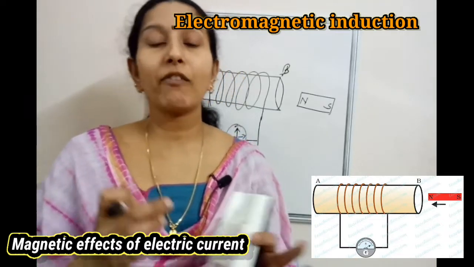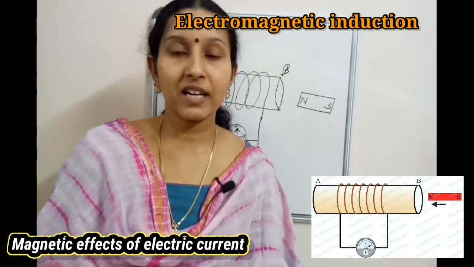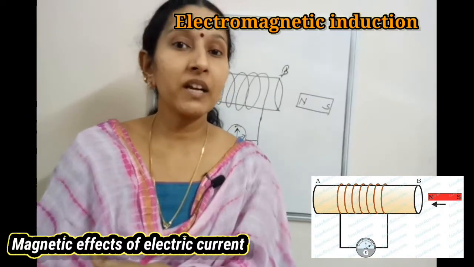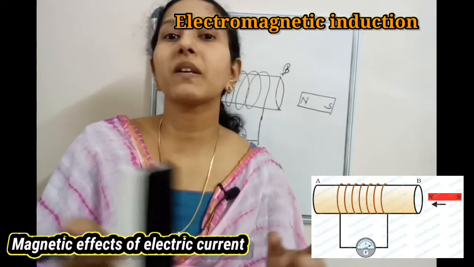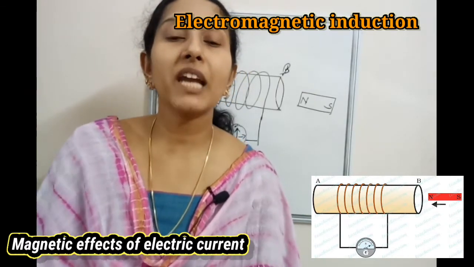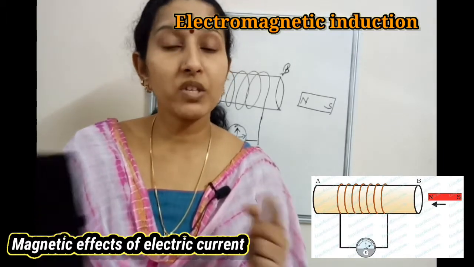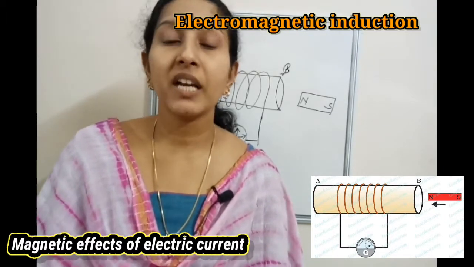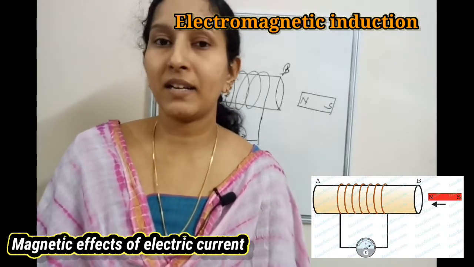So I told you galvanometer is the device used to check the presence of current, right? Whether the galvanometer needle deflected towards right or left, which indicates the presence of current. If the needle shows deflection or if it moves, it tells us about the presence of current. If it is not moving, there is no current, right?